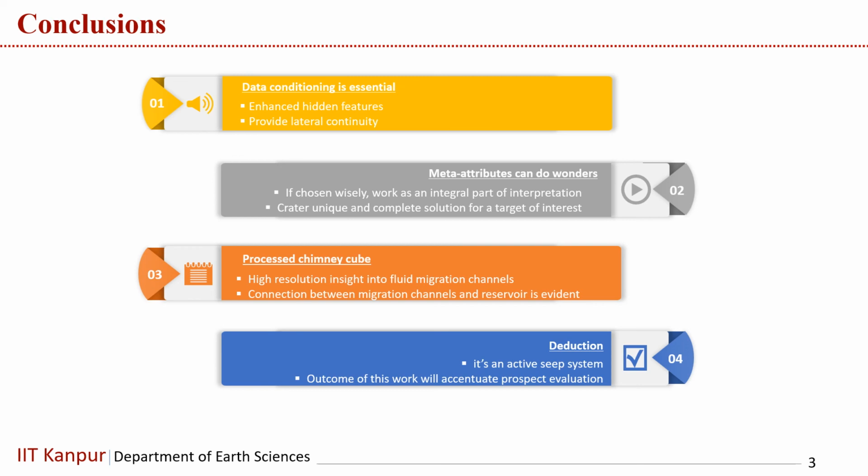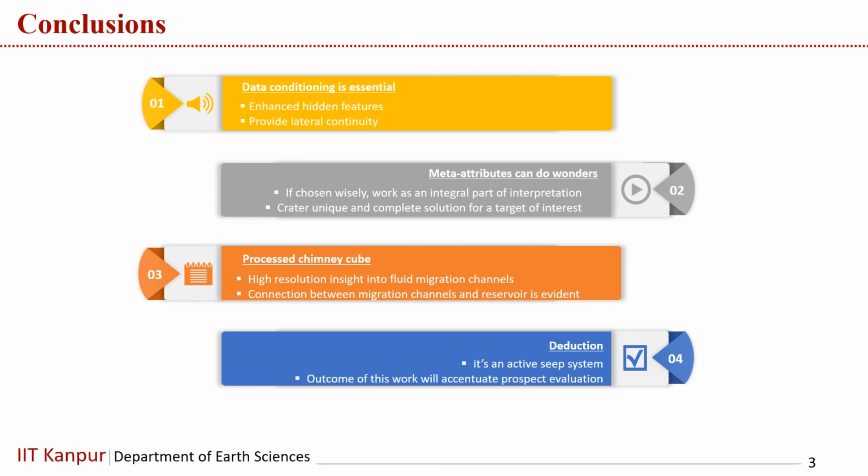Third, the complete 3D extent or the 3D view that we get out of this chimney probability is very accurate for predicting the extent of the gas chimney, which gives an idea of where the gas pockets are, and which will help to decide the drilling plan accordingly to mitigate the hazards. And the final thing that we can conclude through this study is that at the seabed we can see the pockmarks,